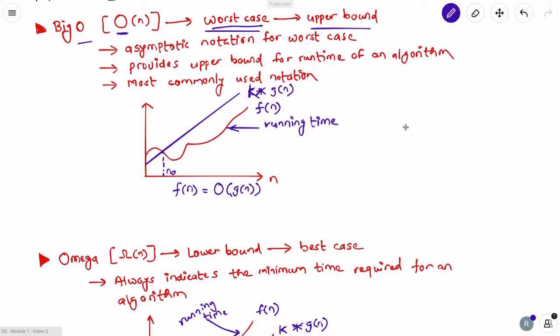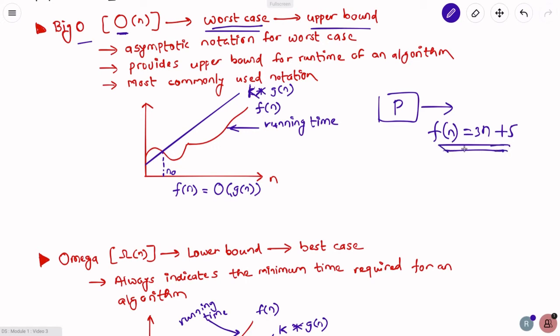So let's suppose you have a program, and suppose the running time of the program is 3n plus 5. So you have a program and the running time of the program is 3n plus 5. Now for this running time, which is the actual running time that we have calculated, and as we have discussed